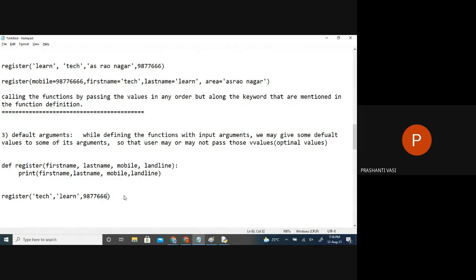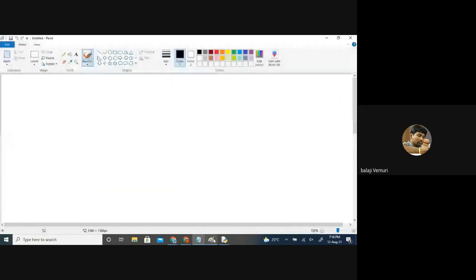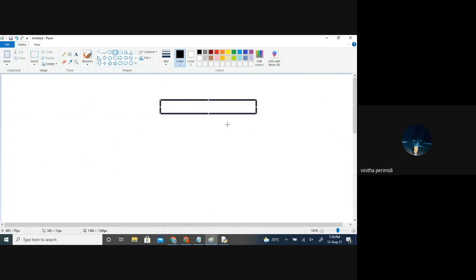If there is a landline text field, can you type an English word like not applicable there? Will it accept? Yes, ma'am, but we need to keep at least the comma and give the space, then only it can be applicable to the landline. If we keep nothing and close the bracket, how will it take it as none or not applicable?